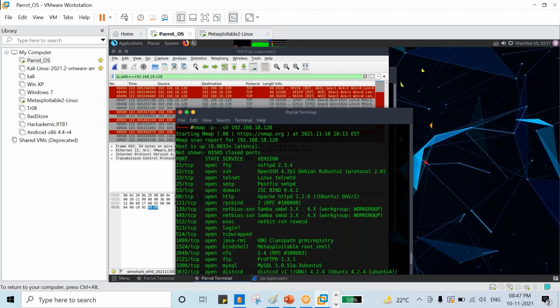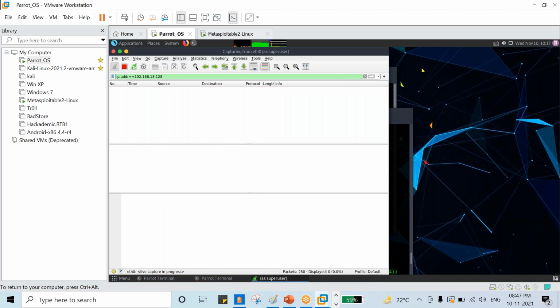When it comes to Wireshark, it comes with 3 tabs over here. You can see the first tab, second tab, third tab. The first tab is the packet capturing tab. The second tab is packet analysis, and we can find out the details about each and every packet in the third tab. This is the Wireshark UI. You can see start capturing the packets, stop capturing the packets, and promiscuous mode. And you can apply a lot of filters. Whatever logs or traffic you want, you can apply a filter by using different rules. So this is the Wireshark tool, a packet capturing tool, and that is nmap, used to scan our particular targets.